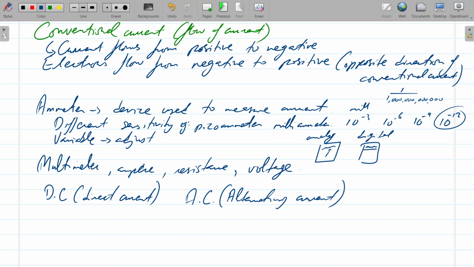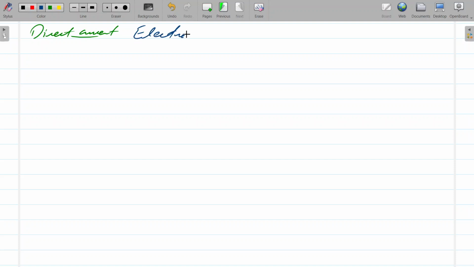It's pretty simple. Direct current, right? Electrons flow in one direction, whereas in alternating current,